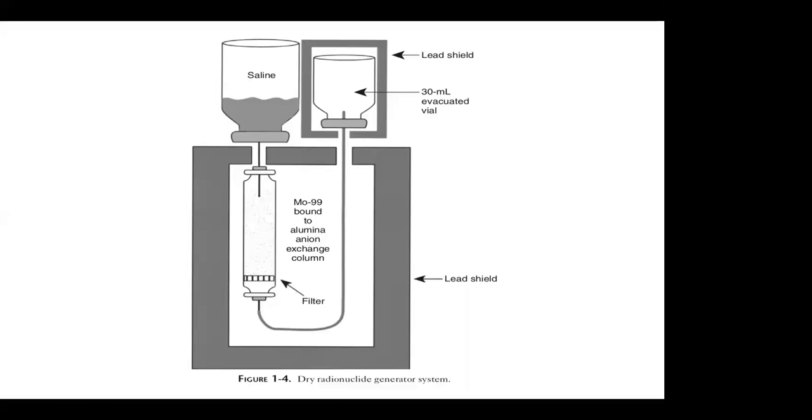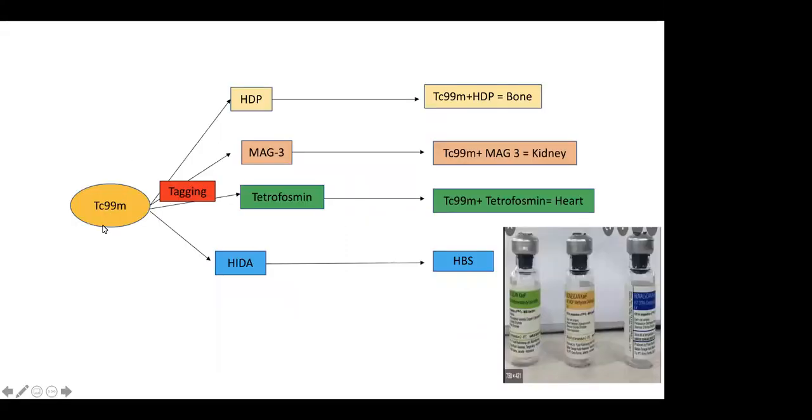Right, so what we do now is use a generator day in, day out, so I'm going to briefly explain how we prepare the medication to be given to the patient. Our pharmacists go to this generator and elute the radioactive material. It is taken into a vial on an everyday basis. Tc-99m stands for technetium, the commonly used radioactive source. This technetium has to undergo a process we call tagging. Let's say, for example, I wanted to image a bone. So I need to